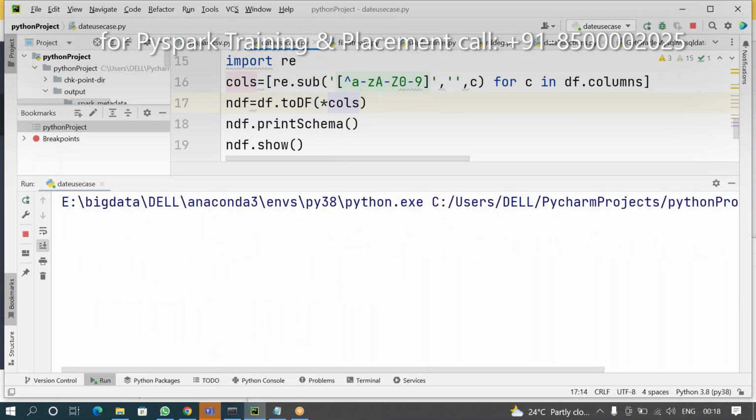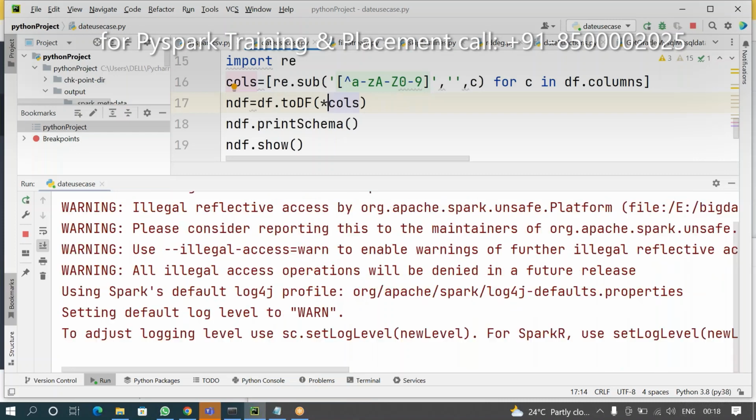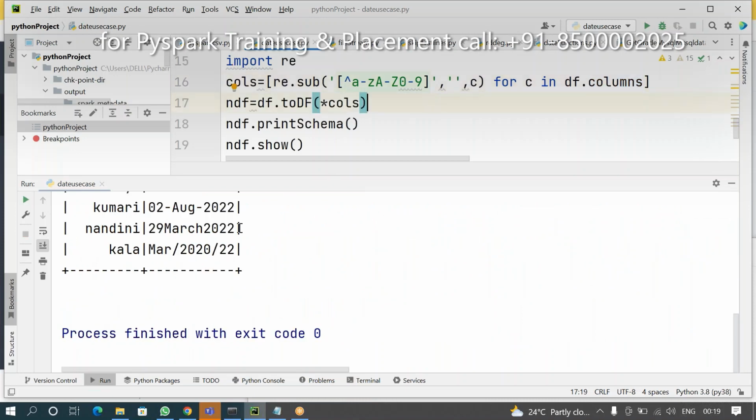Yes, star, I forgot. Otherwise, it's considered a single column. So in this scenario, what are these regular expressions? Except A to Z, anything if you get, remove that. From this data frame's columns, what are the columns you have? Everything. Now, let's check.